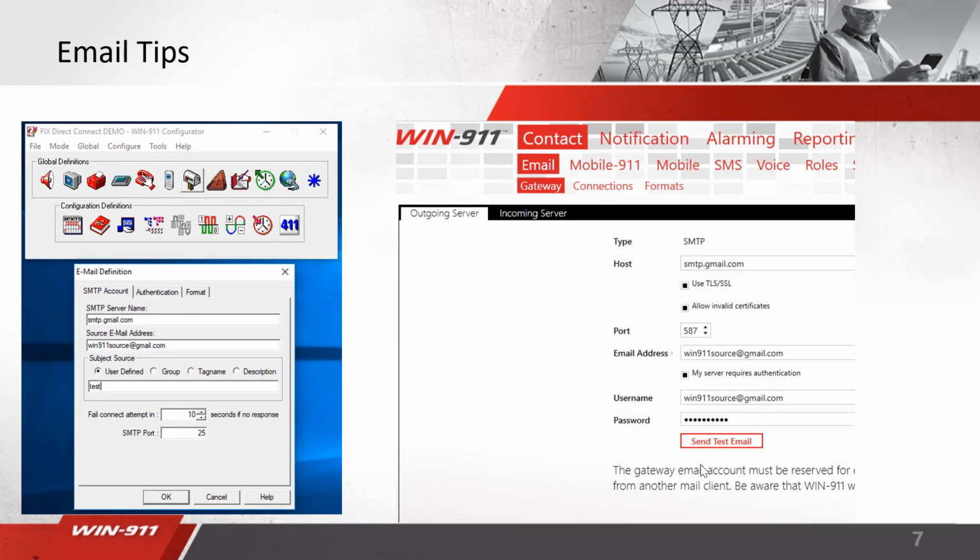Alright, so this is just a quick snapshot of what it looks like. If you're using the old V7 stuff, you're very familiar with the screen on the left here, and the new software on the right side. So I'm using Gmail as an example, and the reason that I did this on both is that it's not going to work like this in V7. You can see